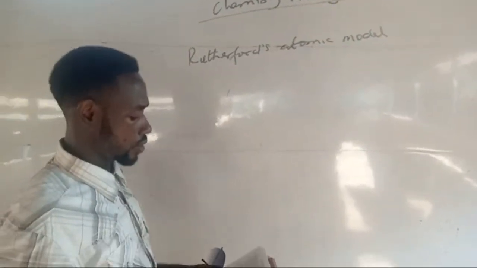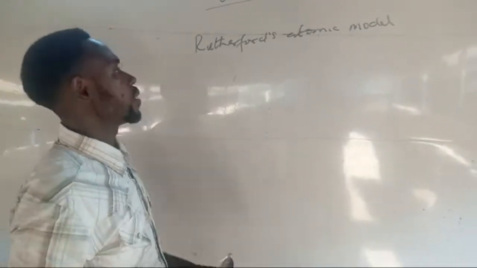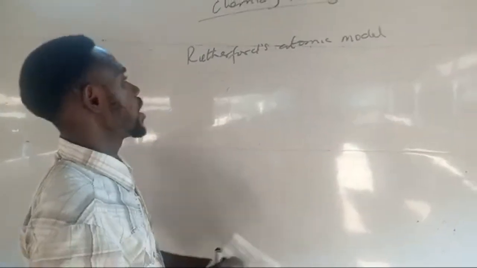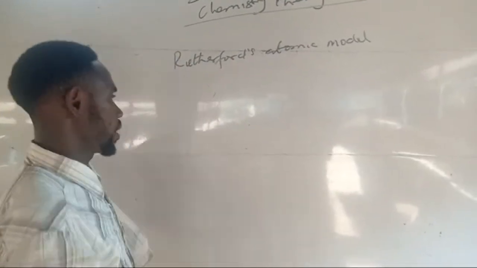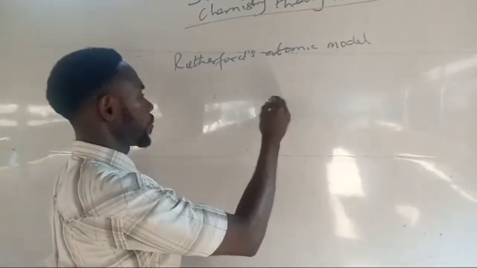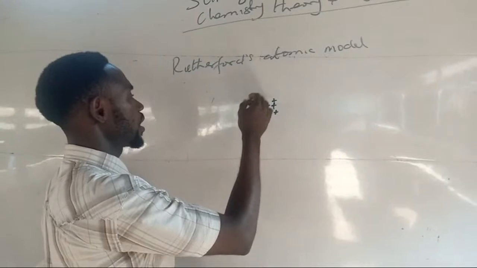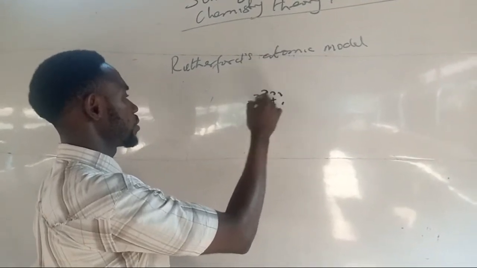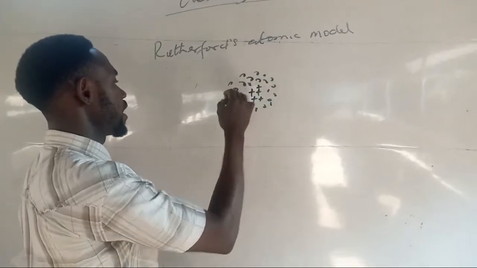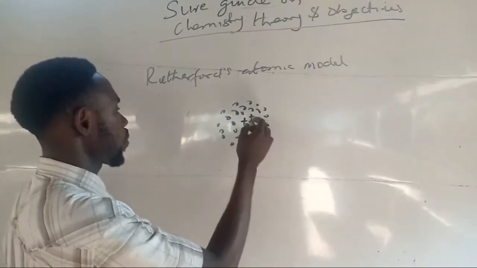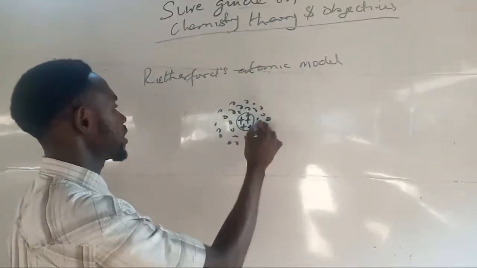models of the atom, even the J.J. Thomson model and Bohr's model of the atom. But we answer the one they asked us first. And as to Rutherford, the model of the atom is in this way. He believed that an atom is made up of a central positive charge, the nucleus, surrounded by a cloud of electrons. He did not indicate that the energy of the orbiting electrons is quantized. It's a kind of cloud of electrons. There is nothing like a shell.